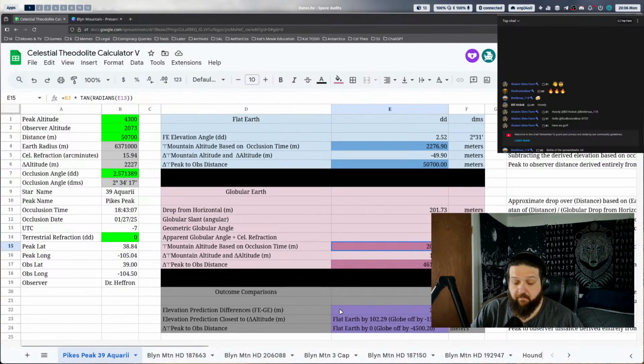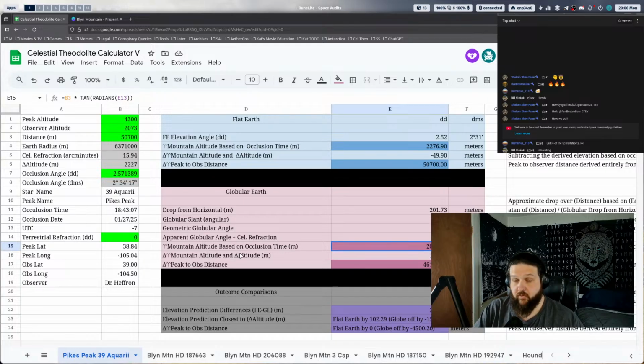we will go over individual mountain peaks and compare what the globe predicts and what the flat earth predicts. So remember, this all started with a simple hypothesis versus null hypothesis, assuming that the earth is a globe is our hypothesis, and our null hypothesis is that the earth is not a globe, i.e. it's flat. So two mutually exclusive outcomes. And through this process of using the true positions of the stars with respect to occlusion timings, we're able to externally test an internally consistent system, which is the latitude longitude system that makes up the globe that makes time correspond to positions of stars.